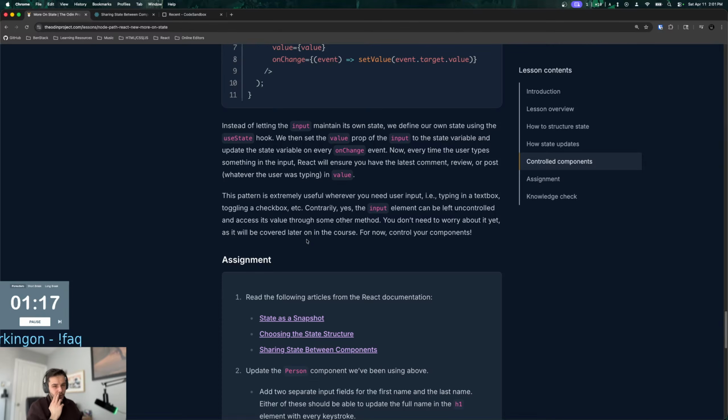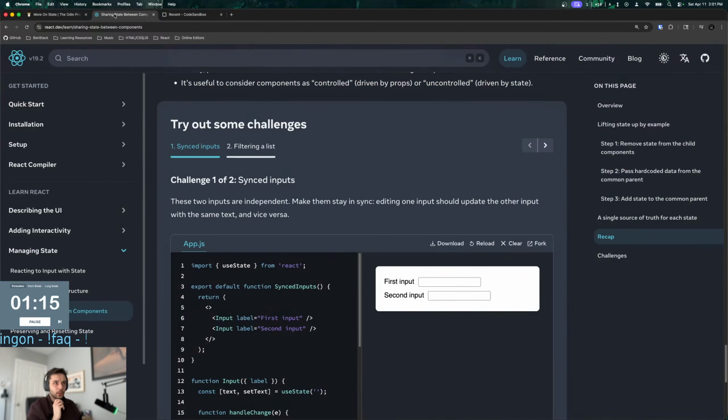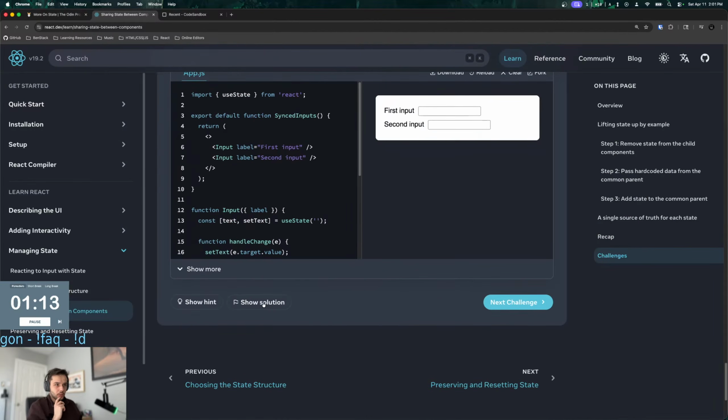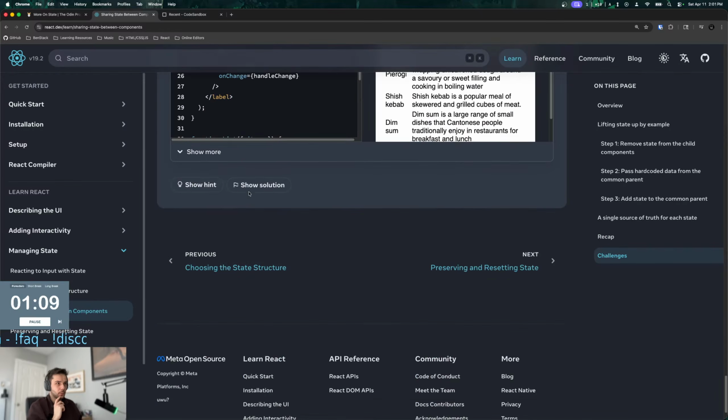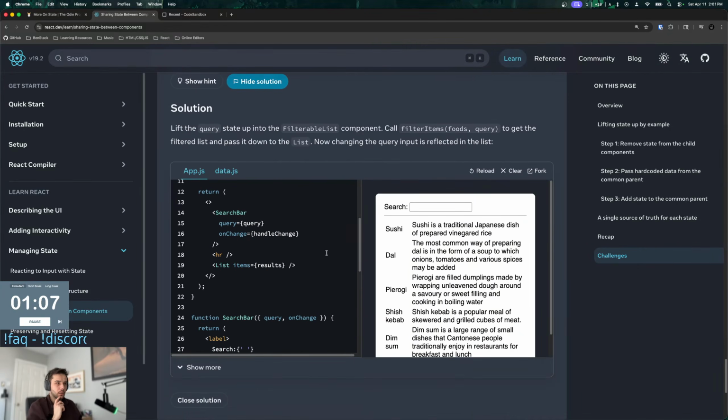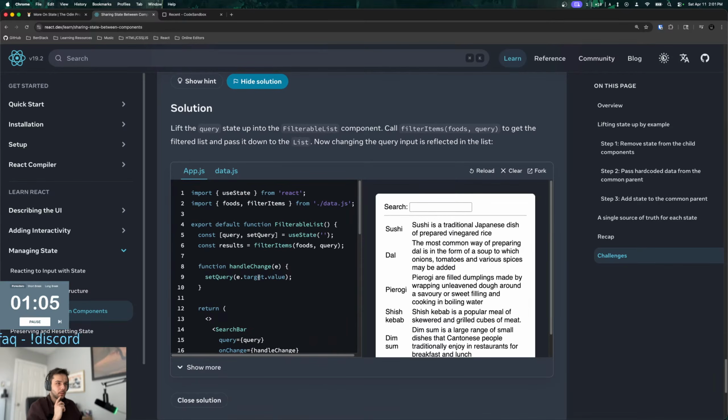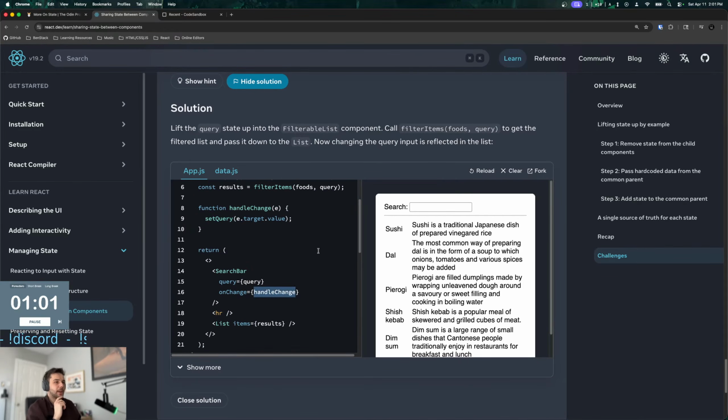You'd also suggest looking into the solutions. It helps find out new patterns. That's fair. Let's see the solution for this guy. I think it's probably very similar to what I did, right? Oh yeah, so they put the handle change function up here, and then they just passed it. But my solution was essentially the same.